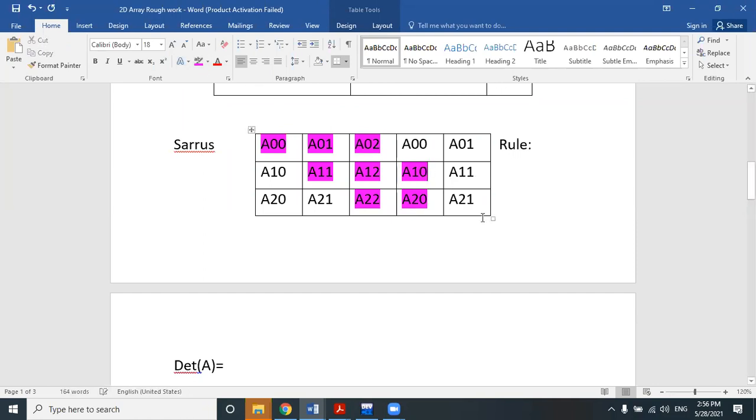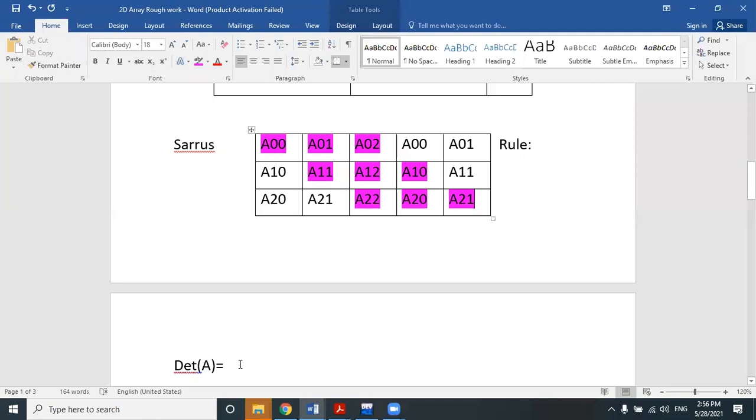You have to multiply the corresponding diagonal elements from top to bottom and left to right, and place the summation among them.